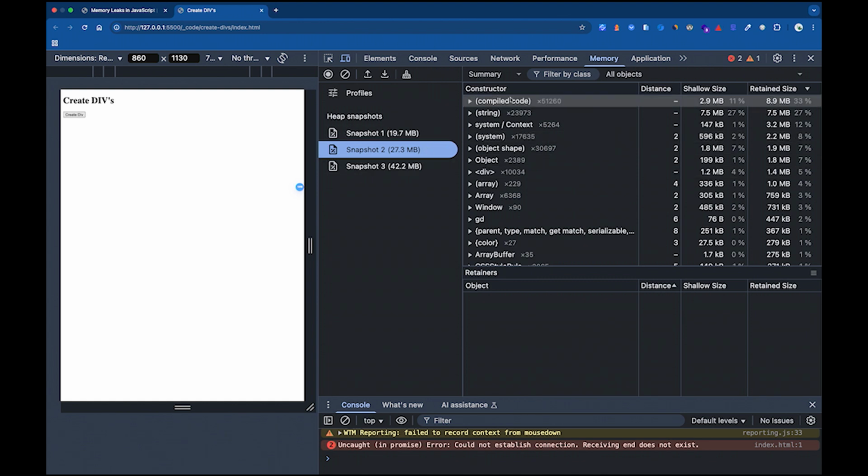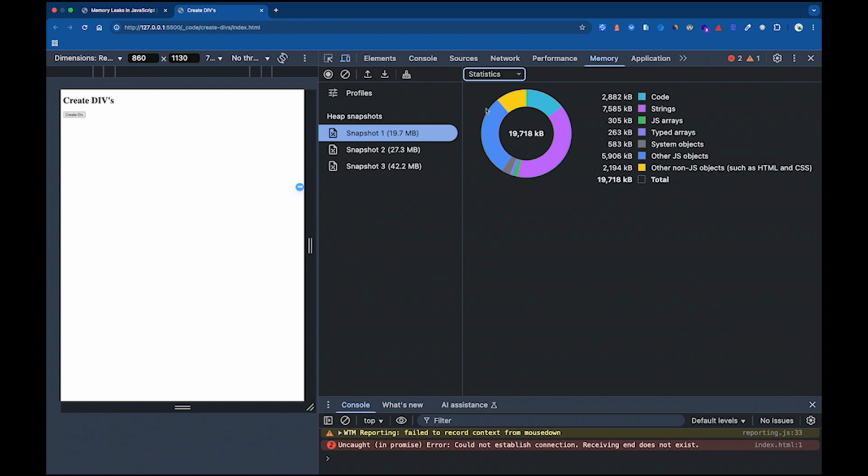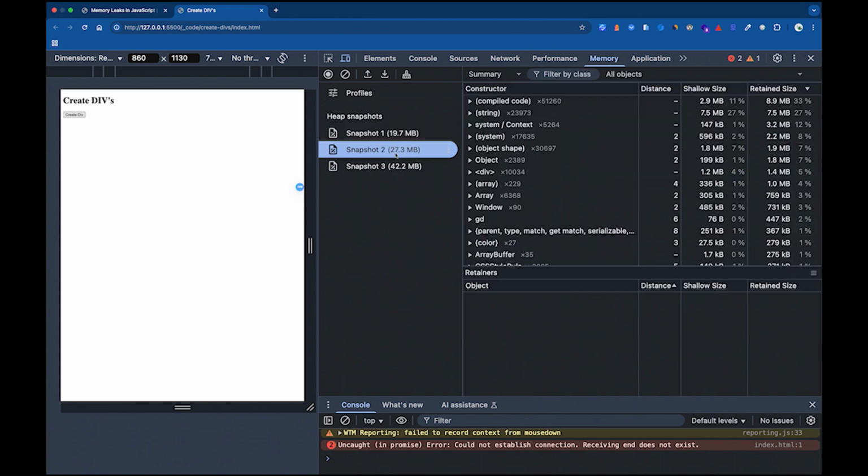But there are also tools like statistics, for example. And I think there is some delay of like 1-2 seconds. Sorry for that. And then we can see a comparison of how much of the heap snapshot we have, in terms of size, and division by the code, strings, JS arrays, typed arrays, etc. And of course, I can jump between those two,